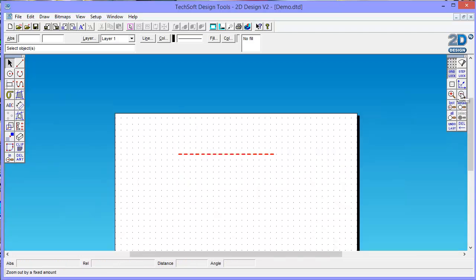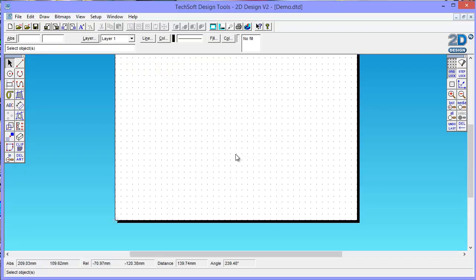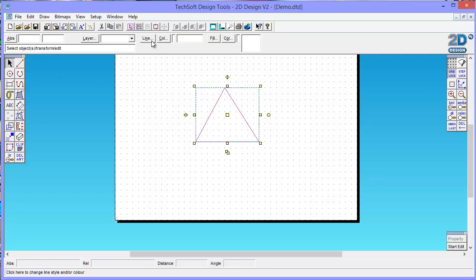Let's come out of this a little bit. I'm going to delete that line. I'm just going to hit delete on my keyboard. And this time I'm going to draw some joined up lines. So I'm going to maybe make a triangle or something. So still using my rubber banding, I'm clicking left mouse button and I'm clicking on each one. Okay, so I could, if I wanted to, select that all in one go, and once I've gone in